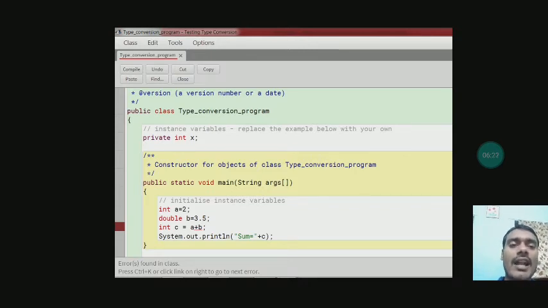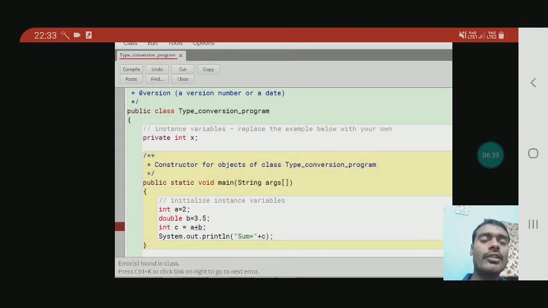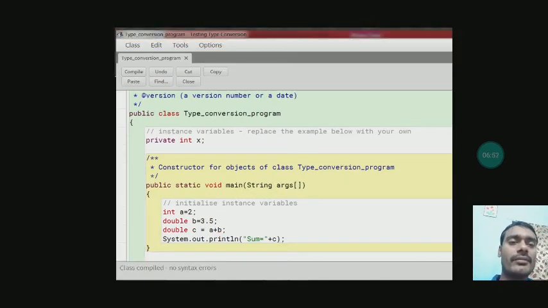So if I write my code like this, then it will create some error in our program, because I am not doing typecasting here. So children, for converting one data type into another, you need typecasting in Java. So this type of code will generate error. What will be the correct code?